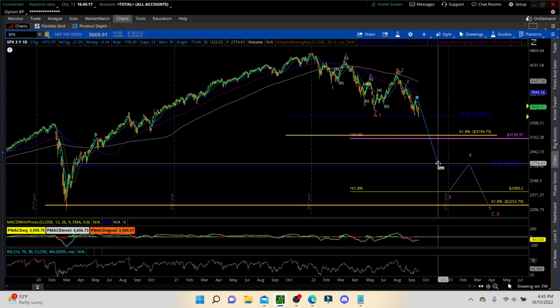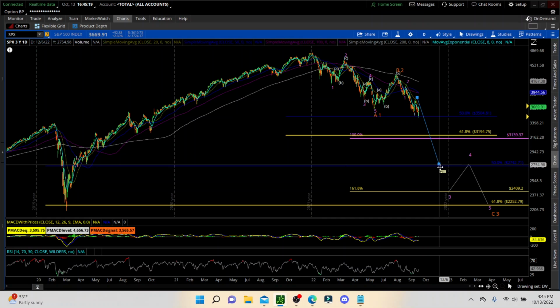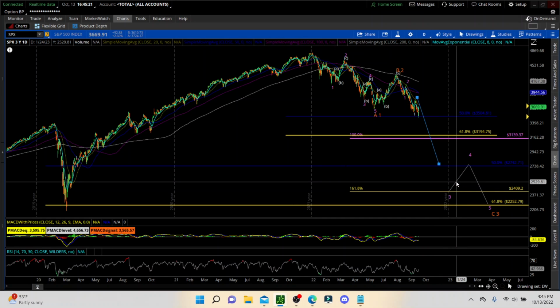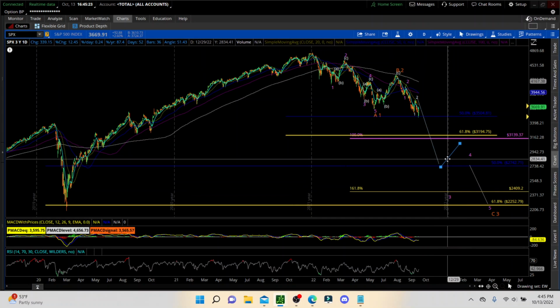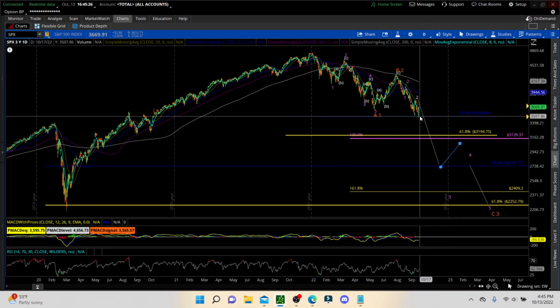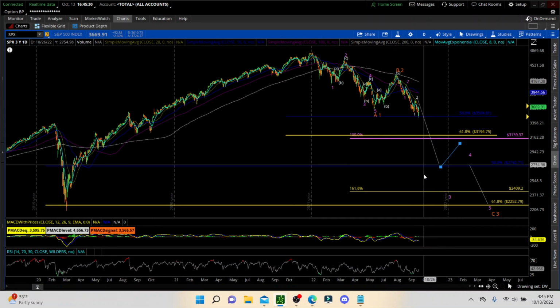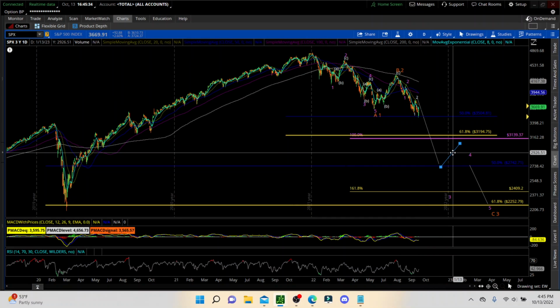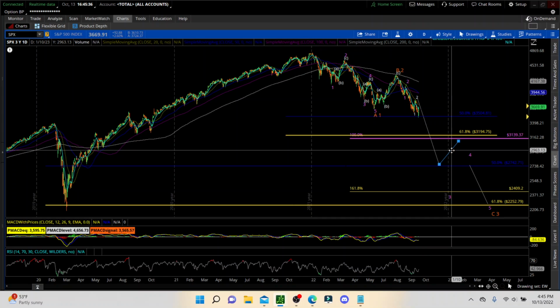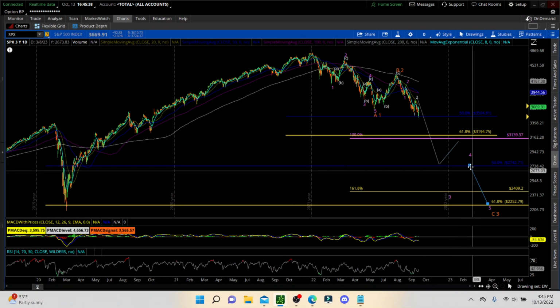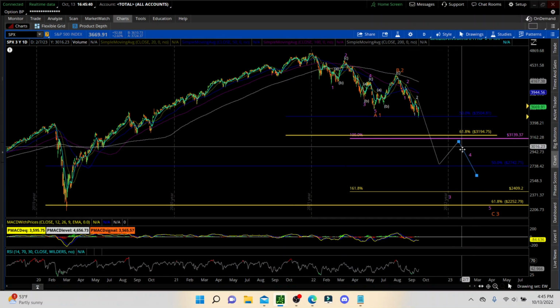I think that we're probably going to come down to this next 50% retracement, and we're going to have a bounce from there, just like we came to this 50% retracement and we had a bounce. That's from the Corona crash there, and this 50% retracement is all the way from 2008. Okay, so I could see the move actually bouncing more like this,